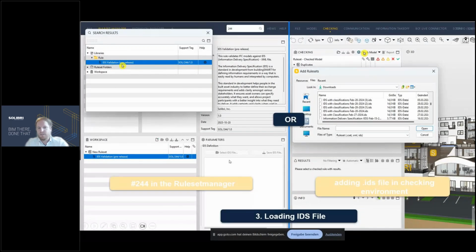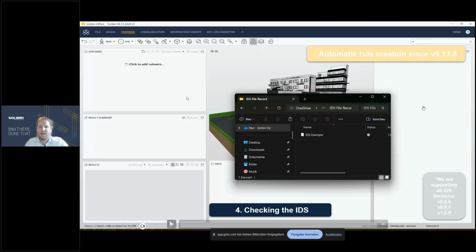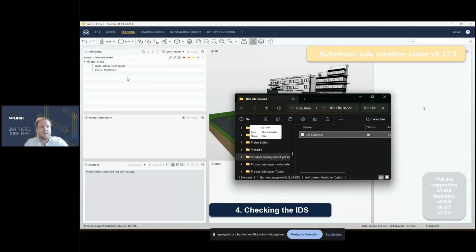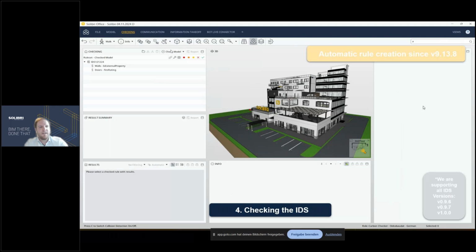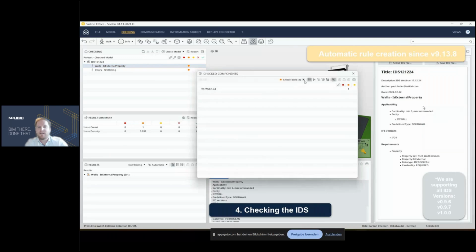and drop this IDS file here, or the recommended way is using the IDS file and just drag and drop it in the checking section. So it will be split on the specification that I did with IFC wall and door. How does that look? I can show you here. I'm taking now the IDS file, and now it is split into wall requirements and also door requirements,